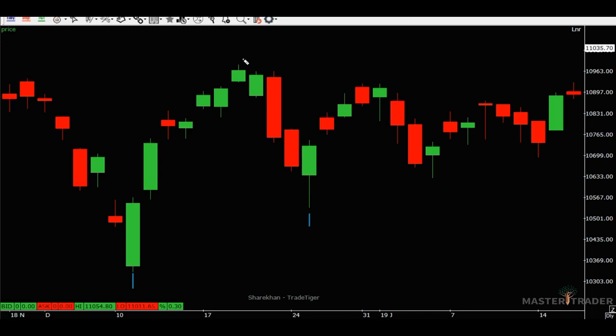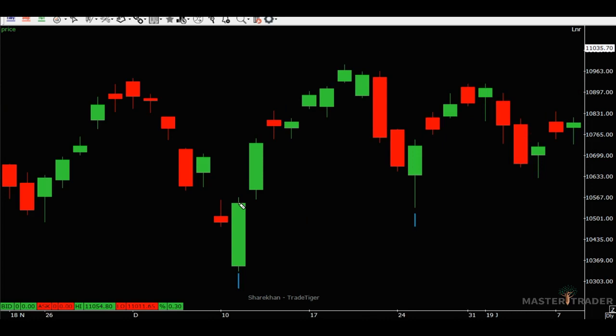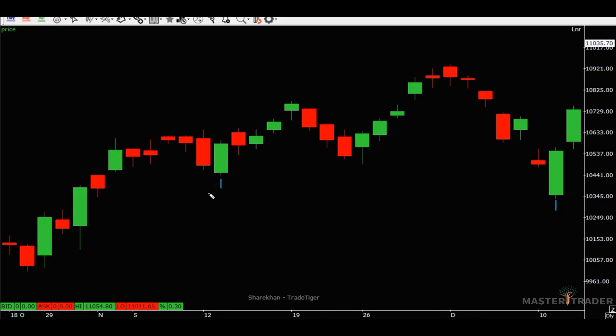Again here, downtrend. Okay, gaps down, right? And then comes up, closes above 50% of yesterday. So you enter near the closing and see what happens next day. You get a gap up, and that's a huge move, guys. That's a huge move. Again, same thing here. You get a big gap down, but then it closes above 50% of this candle. So you enter near the close and see the move the next day, right? See the accuracy of this